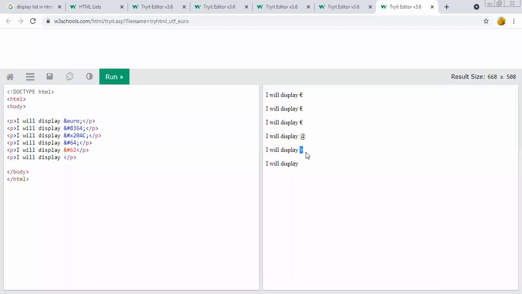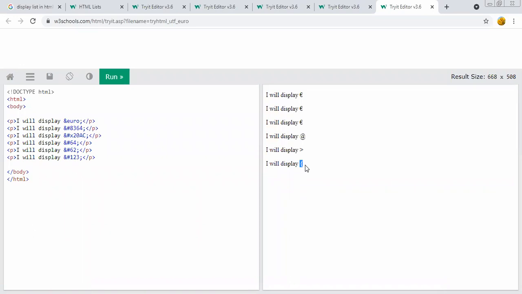If you want to display the opening curly bracket, there is a code ampersand hash 123, ending with a semicolon, to display the opening bracket. Okay, so this is how we represent different characters on the given web page.